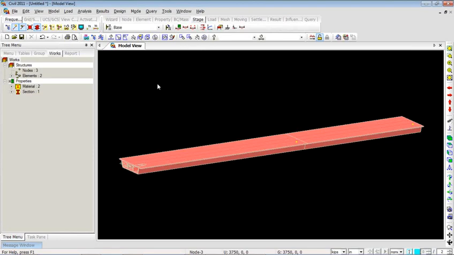Other than this, you can have all the curvilinear geometries that you can similarly generate in no time. Having done this, you can